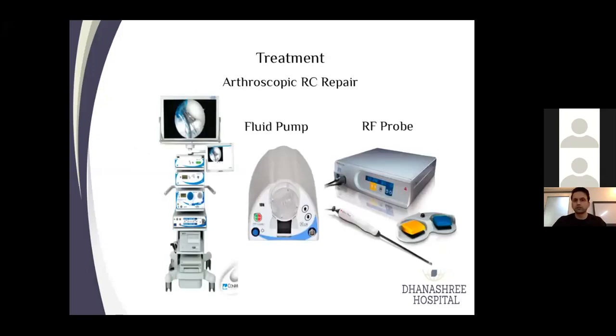So what is arthroscopic release? Arthroscopic release is basically using arthroscopy to cut the capsule open and then advise physiotherapy. Why it is important is because we have something called an RF probe. If you see in the slide, there is a thing called an RF probe. It's called a radio frequency probe. It is an underwater cautery because every surgery of the shoulder in arthroscopy is done underwater. So there is a fluid pump which keeps on pumping fluid. We inflate the shoulder, we stop the bleeding, and then using the RF probe, we cut the capsule open. So it works underwater, and we can, under visualization, open up the capsule.